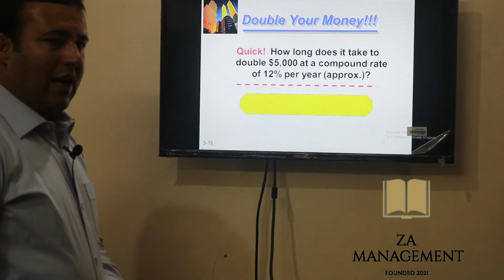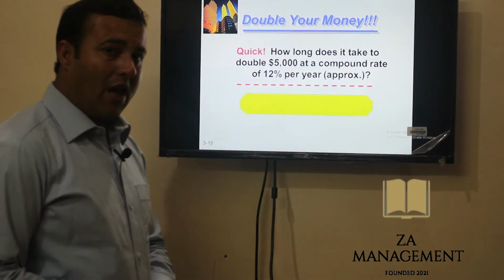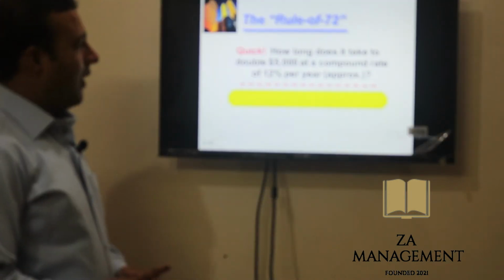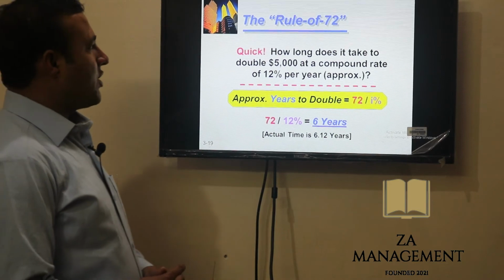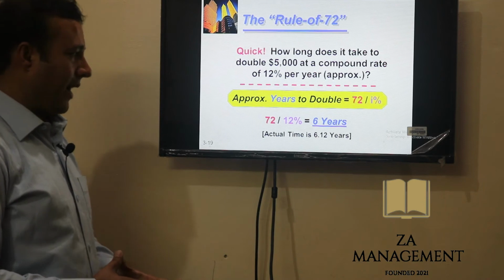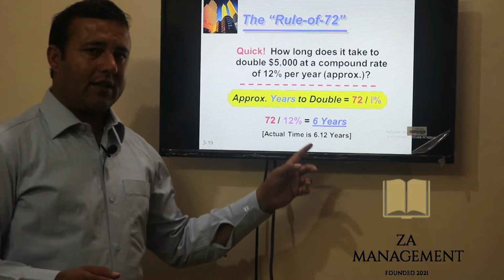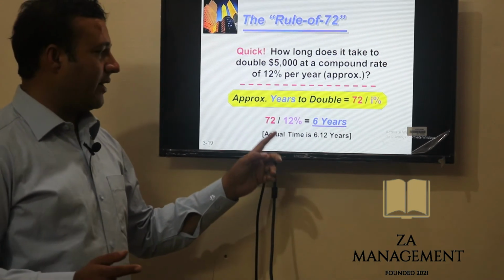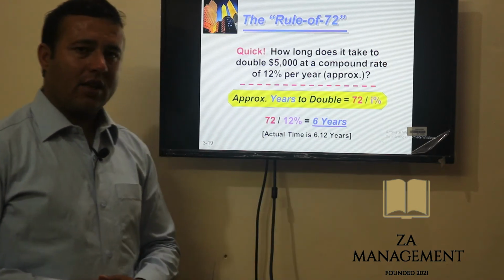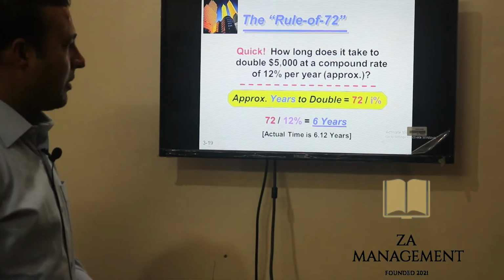There is also a rough case. How much time is needed for your investment to double? In finance we call it the rule of 72. The rule of 72 tells you how long it takes to double 5,000 US dollars at a compound rate of 12%, say. So the rule of 72 means 72 divided by the interest rate. Here in this case, we have a 12% rate. That's why 72 divided by 0.12 means 6 years. So if the interest rate is 12%, in 6 years you can almost double your investment amount.